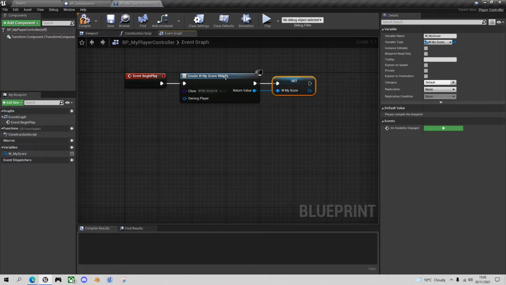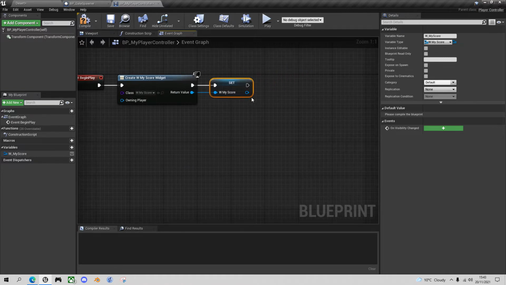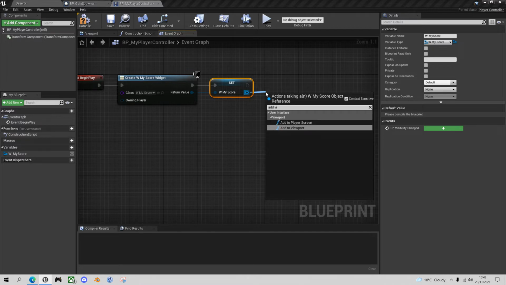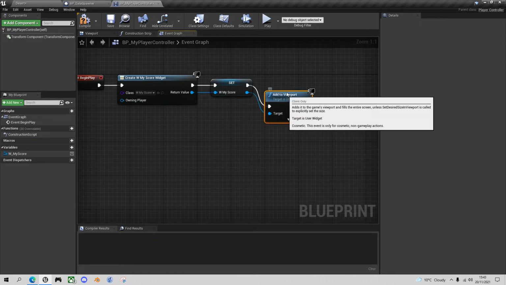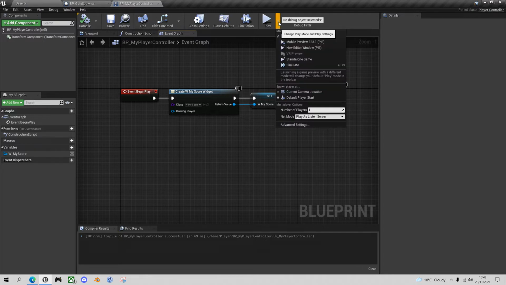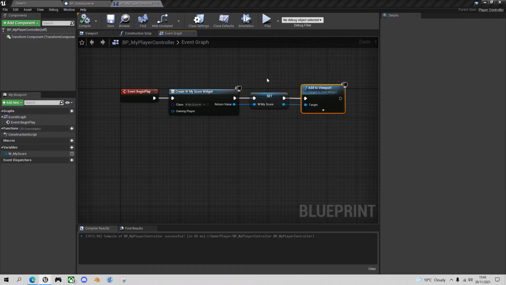And so we've created the widget, but we haven't shown it on the screen yet. So the last thing we need to do is drag off the widget and do add to viewport. And that should show the score UI on all players when they start the game. So let's check if this works. Go to play mode. We'll go to 2-player mode, just make sure it's on the client as well as the listen server. Press play,